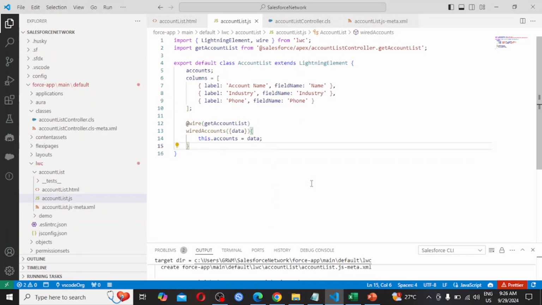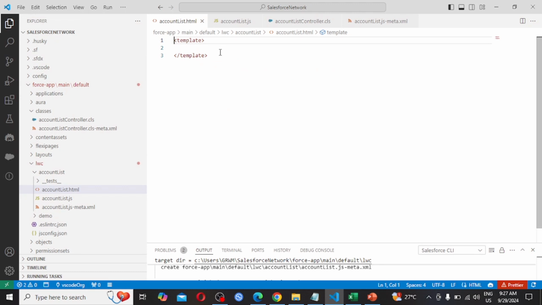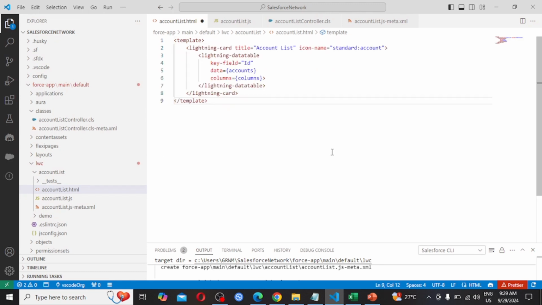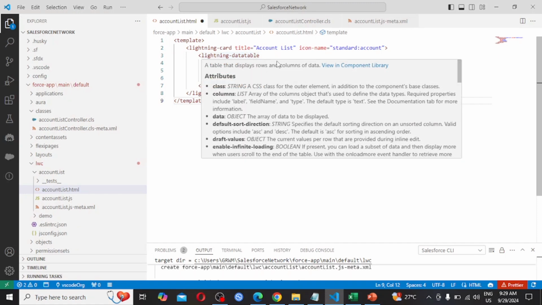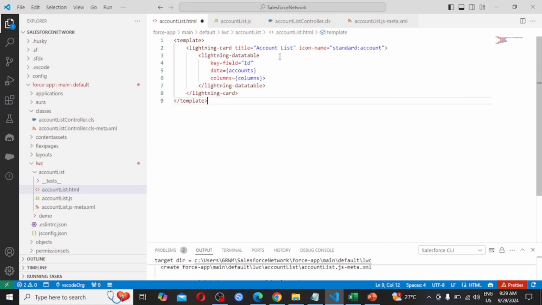Next we are going with accountList.html. So clicking on this. So here we are designing the view of the page. So lightning-card title we are putting Account List, icon name standard:account. So it is fetching the standard accounts view.